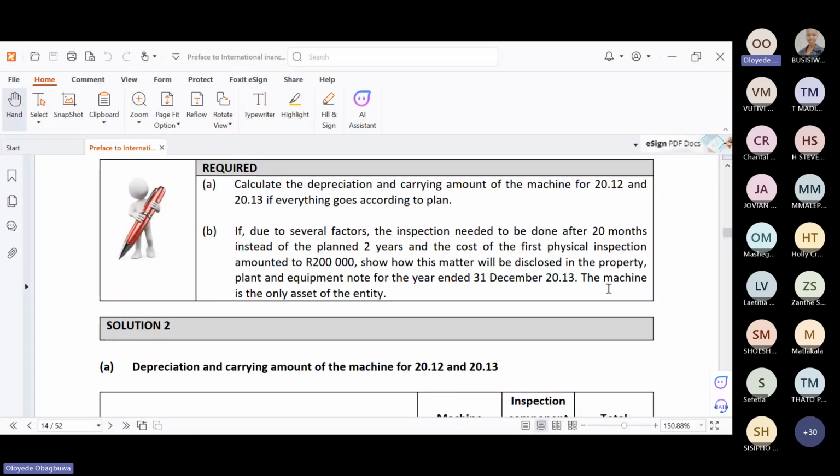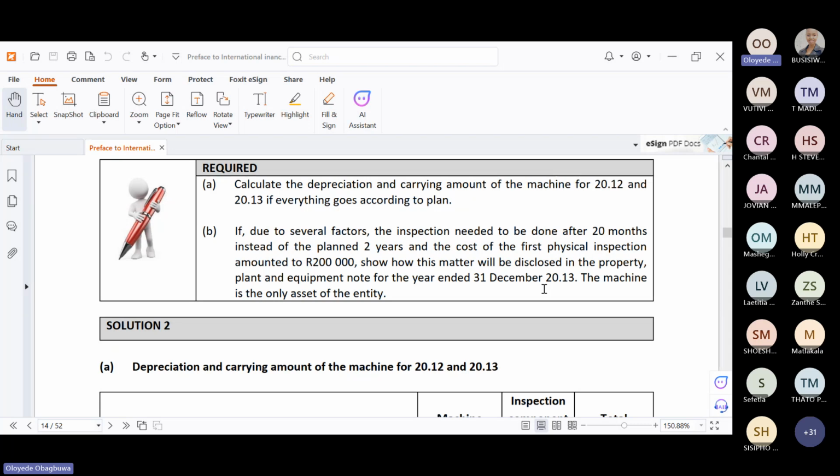It said, due to several factors, the inspection needed to be done after 20 months instead of the planned 2 years, and the cost of the physical inspection amounted to 200,000. Okay, so now the standard inspection period is 2 years, but they have to do it earlier, before 2 years. So because they have to do it earlier, the depreciation initially